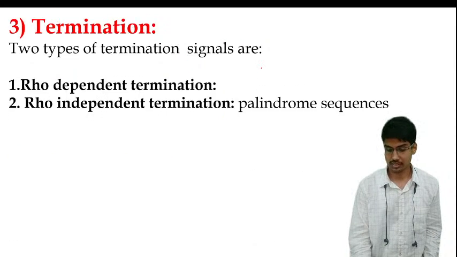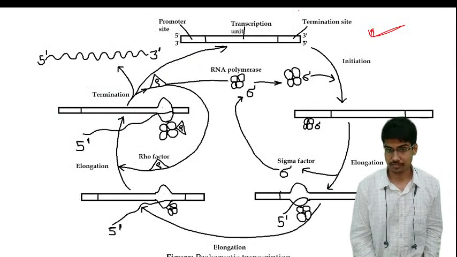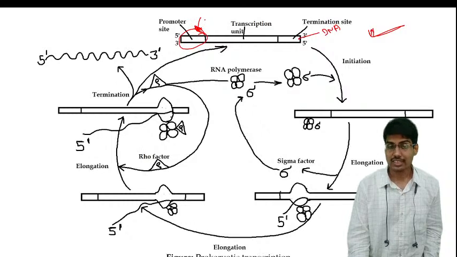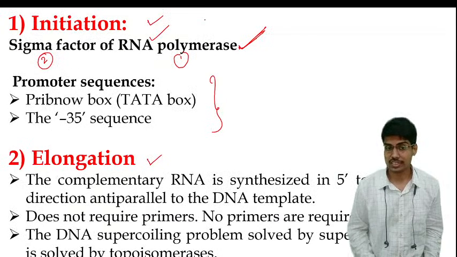Suppose this is the region of promoter sequences, where all these proteins will get attached. Here this is the DNA strand, and on this region there is a region which is called the promoter region. And what will this promoter region have? This promoter region will have this kind of promoter sequences like